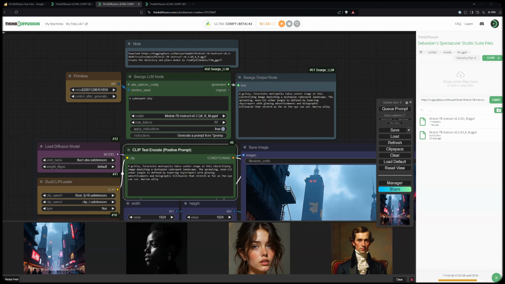Can you sell images created with Flux Dev in terms of licensing? First, I've got to say, I'm not a lawyer. I am not well versed in that, but my understanding is that any output from Flux Dev you can use for anything commercial. The limitation is taking the model and selling that, the use of that. But any output you make, you can use for commercial purposes. That's my understanding of the license.